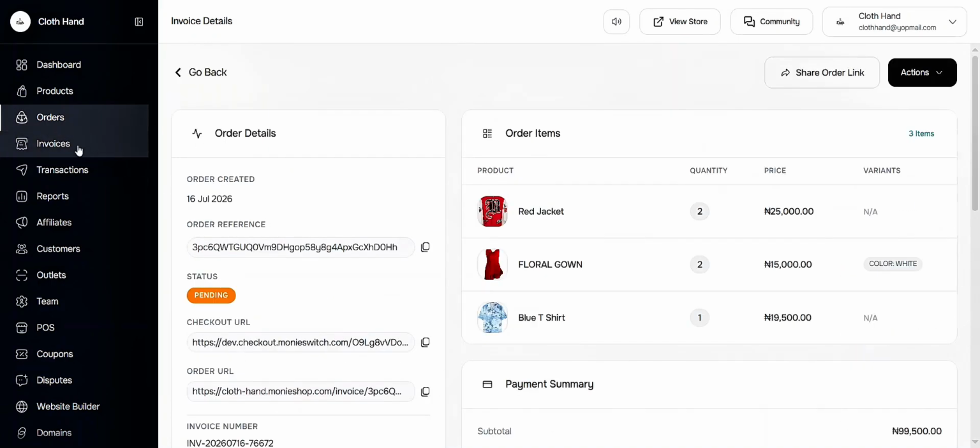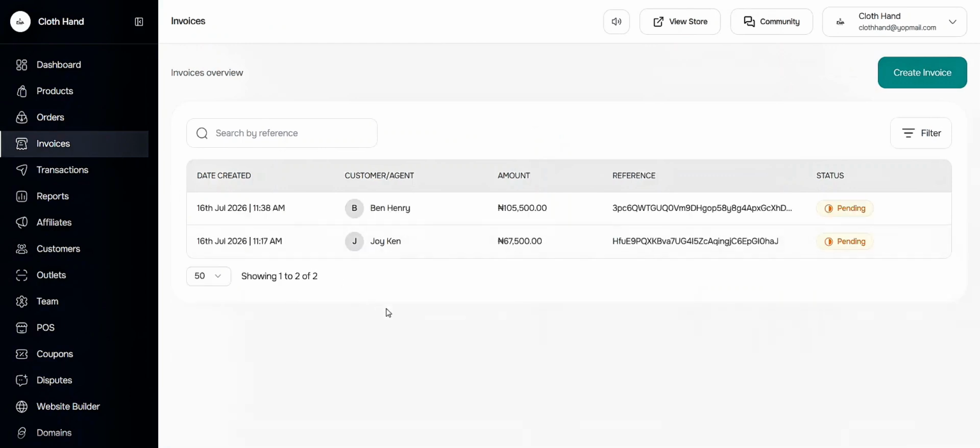So after that is done, you go back to your invoice, and automatically you get to see the invoice that was just created for that particular customer and also the status of it. So that is how easy it is to create an invoice on the